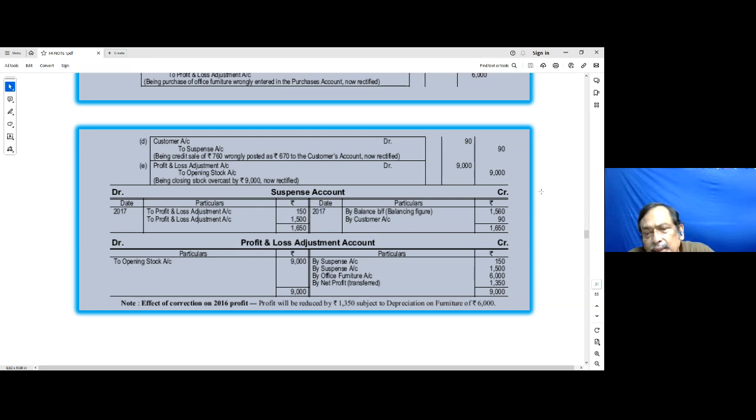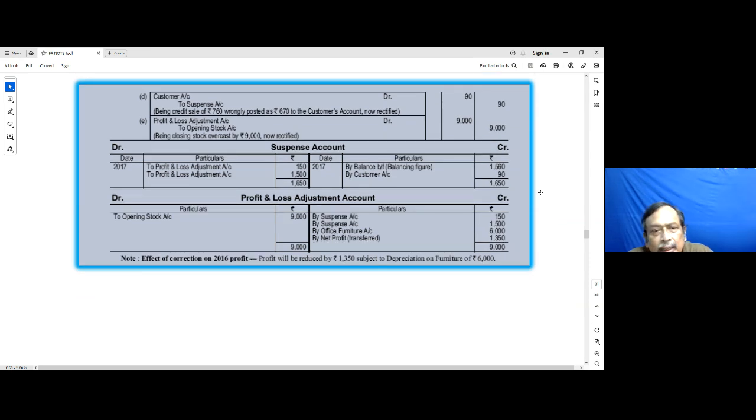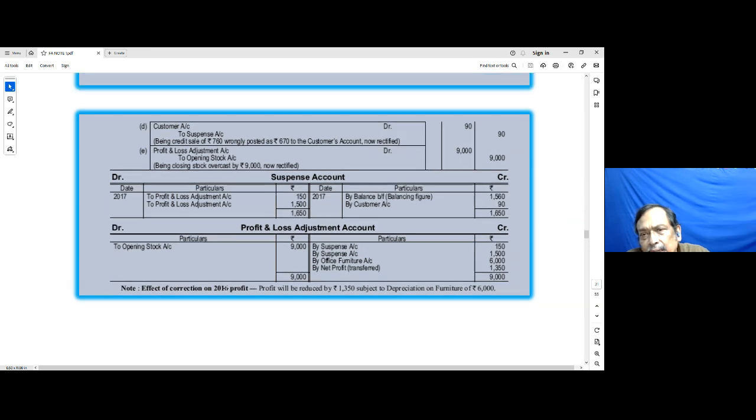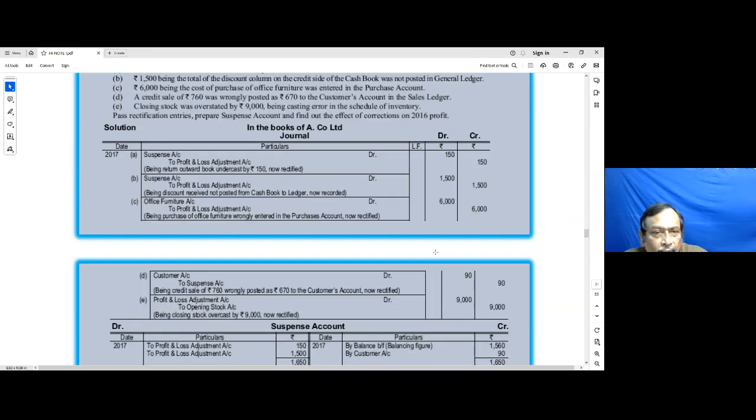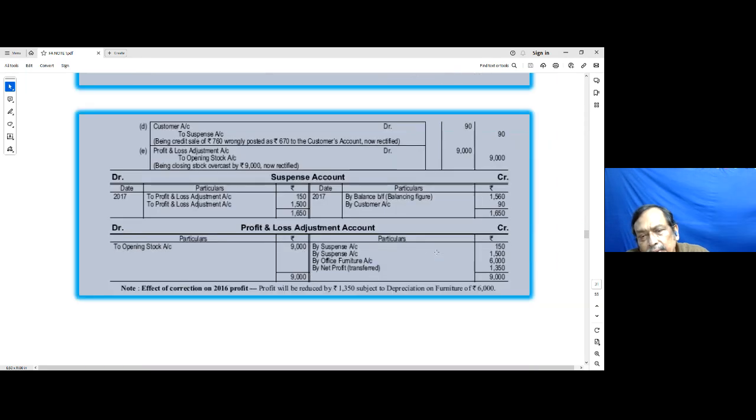Then profit and loss adjustment account also we prepare, that is to opening stock 9000, by suspense account 150, by suspense 1500, by office furniture account 6000, and by net profit transfer, that is 1350. So the effect of correction on profit will be reduced by 1350, subject to depreciation on furniture of rupees 6000. Okay, hope you have understood. Now